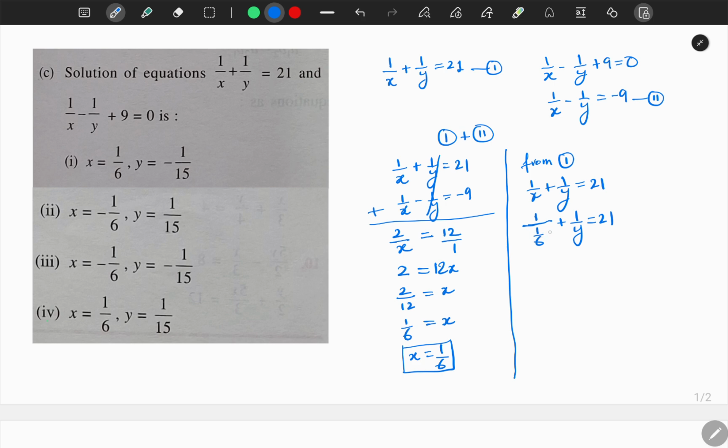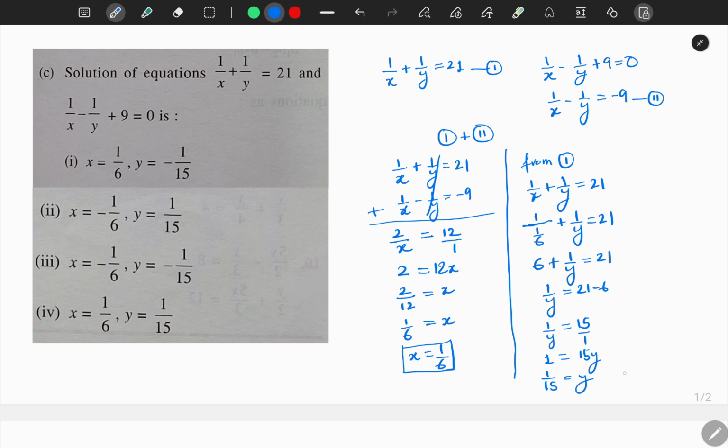When it goes up, it reverses and multiplies, so it becomes 6 plus 1 by y equals 21. 6 is in addition here, goes there in subtraction, so 1 by y equals 21 minus 6. 1 by y equals 21 minus 6 is what? 15. There is nothing below 15, so 1, cross multiplication, so 1 equals 15y,